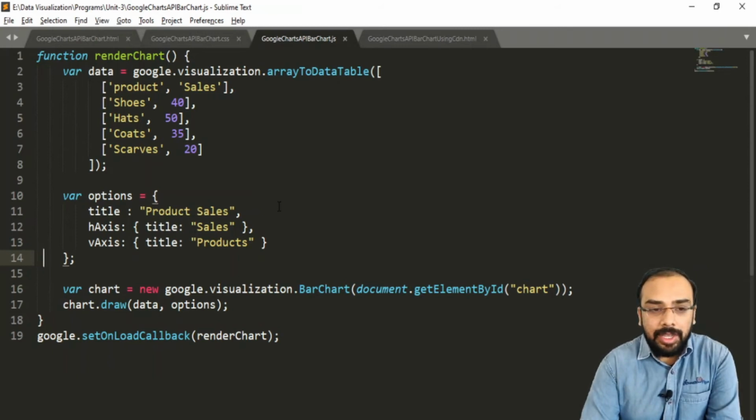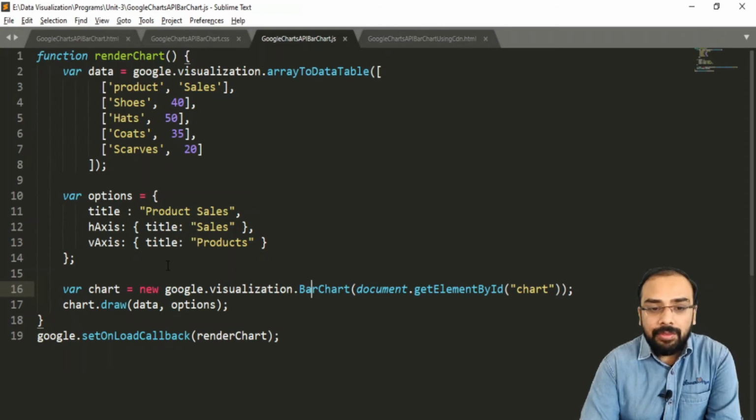So until now we have just given the data that we want to plot inside the bar chart and the titles that we need to fit. Now actually what we want to do is create a bar chart. So first we need to create an object for the bar chart. How can we create that? To create an object we have to use the new keyword. So we are storing it inside a variable which is named chart. So var chart equal to new